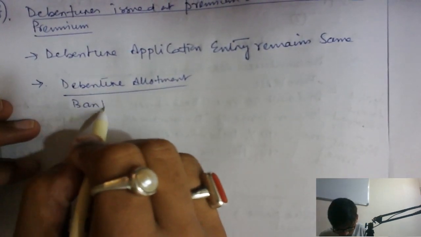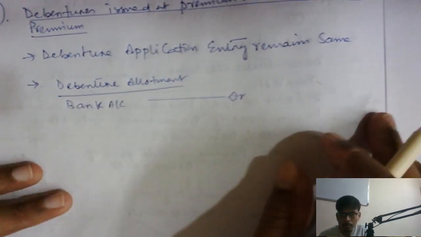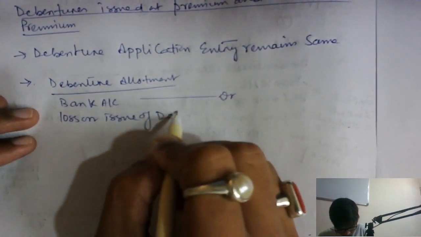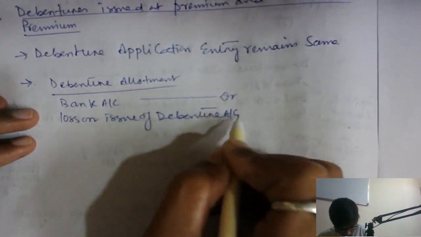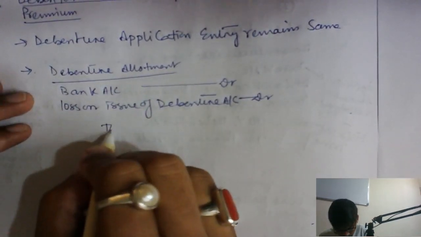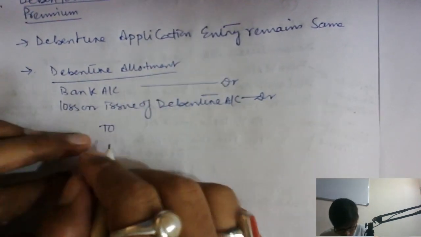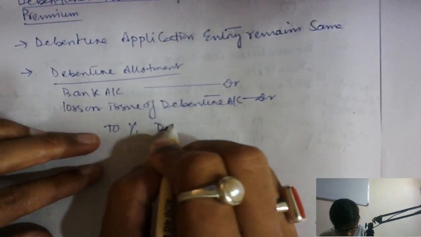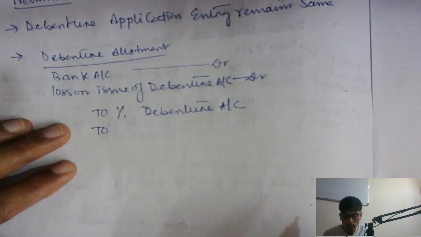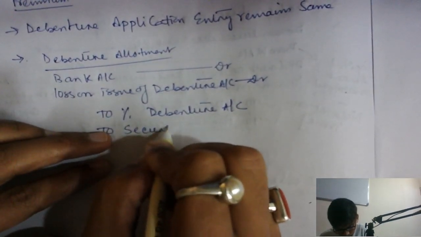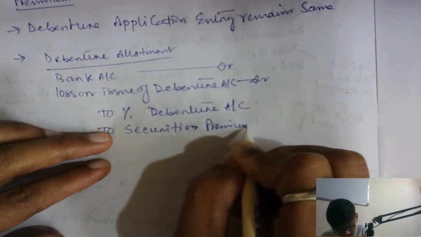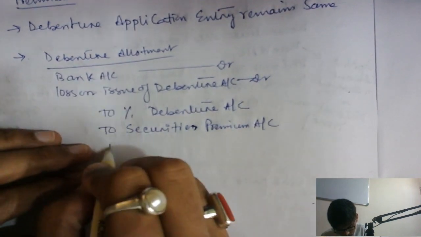We can write it easily. Bank account debit, sir. Bank debit. Okay, loss on issue of debenture debit. थोड़ा साइड कर देना इसको, एक साथ में एक अलाइनमेंट में होना चाहिए, चीज अच्छा लगेगा. बैंक डेबिट, लॉस ऑन इशू ऑफ डिवेंचर डेबिट टू परसेंटेज डिवेंचर अकाउंट, टू सिक्योरिटीज प्रीमियम. The premium you have received, securities premium at the time of issue of debenture, to premium